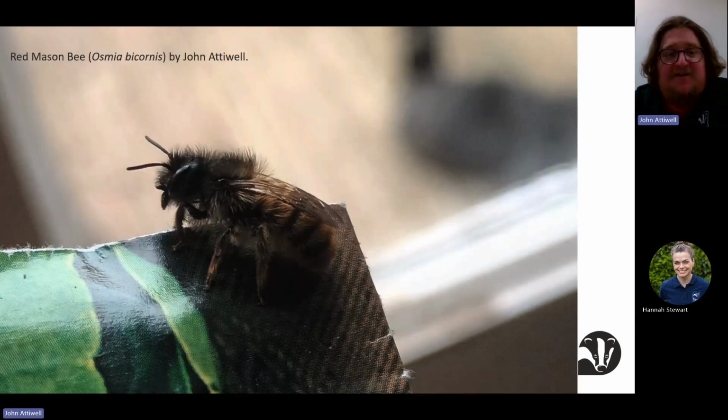But if you do want to protect your bee hotel guests from that kind of parasitism and from winter predation by birds, you could consider taking your bee hotel apart and taking the cocoons. They have lovely silk cocoons, a little bit like moth cocoons, and you can take those out. Apart from the leaf cutters, they have a cover made of leaves that's really quite impressive. You can take those out, bring them indoors potentially. The jury's perhaps a little bit out about how good an idea this is,